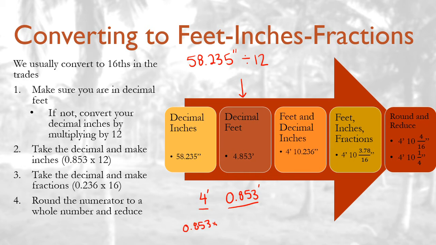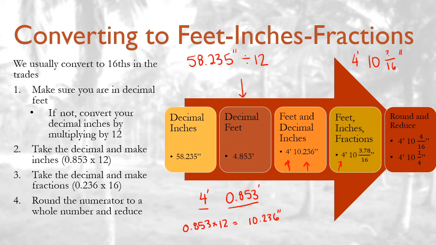0.853 times 12, which is going to give me that 10.236 inches. Great. So now I know I have 4 feet, sorry, I'll go over here, 4 feet and 10.236 inches. But I don't want any decimals. I want sixteenths. I want 4 foot, 10 inches, and something over 16